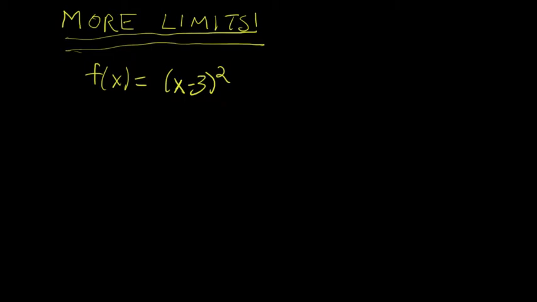Now to think about this, the way you'd go about thinking about how to graph it is like this. You know how f of x equals x squared looks, right? So this is the origin, and it looks something like this. This is x squared. So what happens when we want to graph x minus 3 squared? Well, in order for whatever we square to look like x,